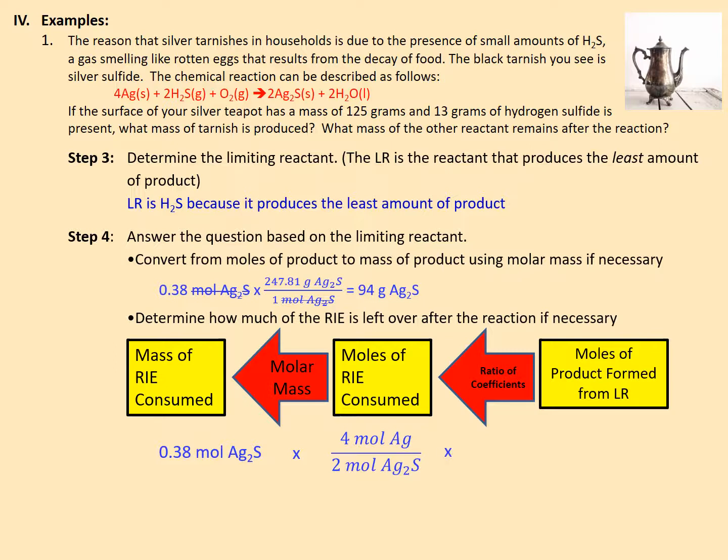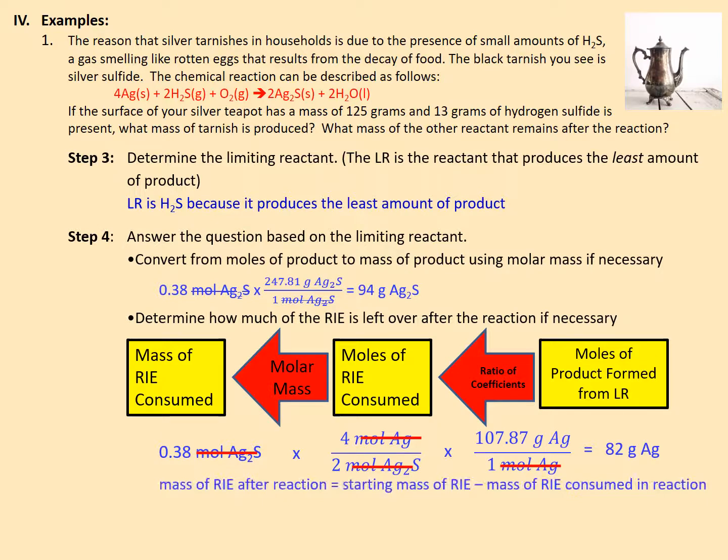We can then use the molar mass of silver to go from moles of silver to grams of silver. Notice that our units cancel out, and this tells us then that 82 grams of silver were used to produce the 0.38 moles of silver sulfide. Now we're still not done yet, because the question doesn't ask us how much silver was used up. It says how much silver is left over. So we're going to need to